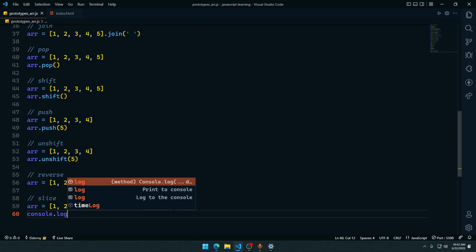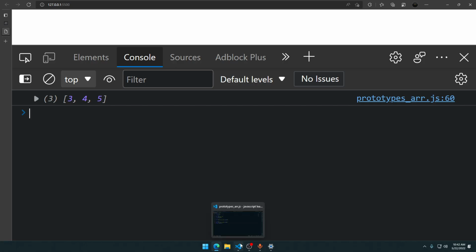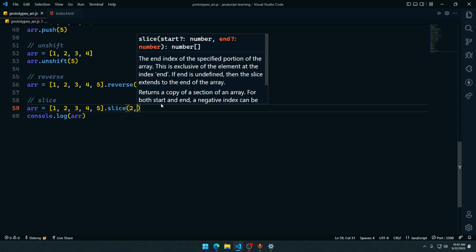I'm gonna do console.log array. What is this? It's gonna show me 3 4 5. Like I mentioned, 3 4 5. It's only gonna keep that one. It's gonna remove all other things that I don't want. Now I only want